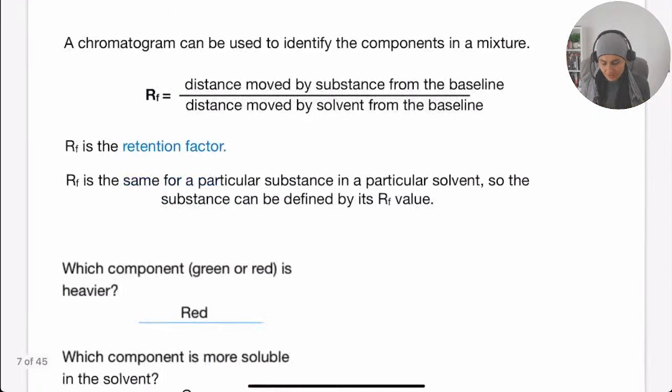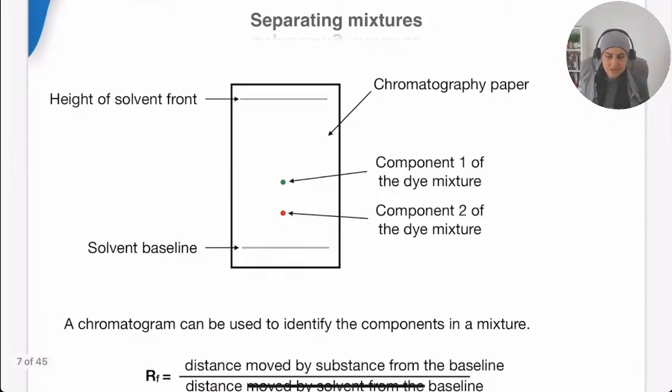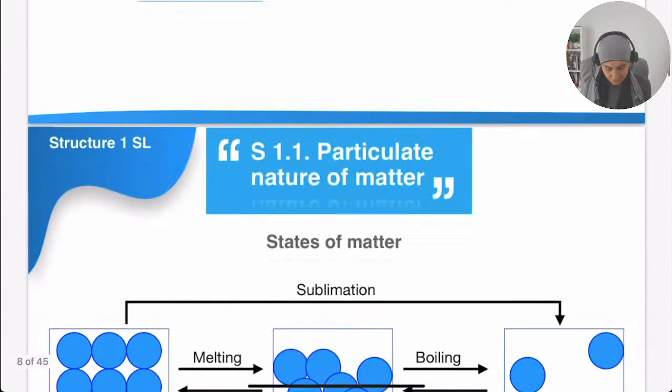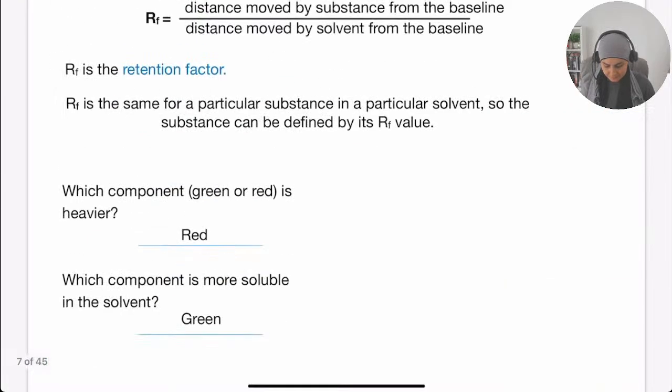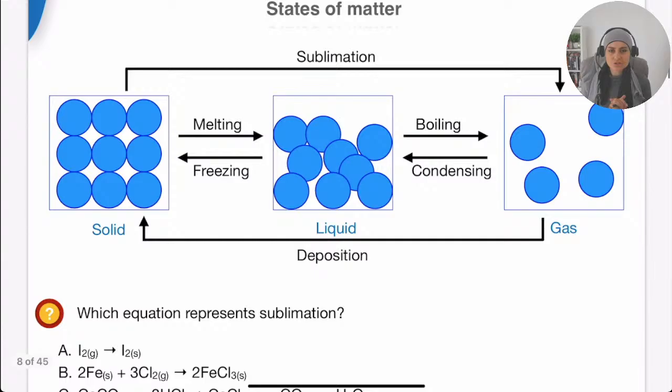Then which component is more soluble? Well, probably green because it traveled further. Also, we could say it's more of a guessing game, but we can say that red dye sticks to the paper better. That's also one thing to notice. Okay, that was the separation techniques. Next again, standard level, states of matter, and we just need to know different phase changes, how